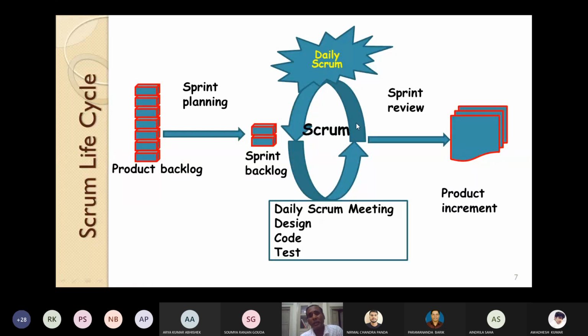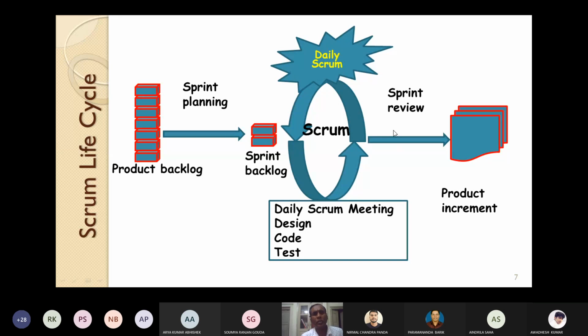After this testing, definitely you will get some output, some deliverable or some working version of the product. You review it, sprint review. And incrementally you produce the product. So this is how this Scrum life cycle works.